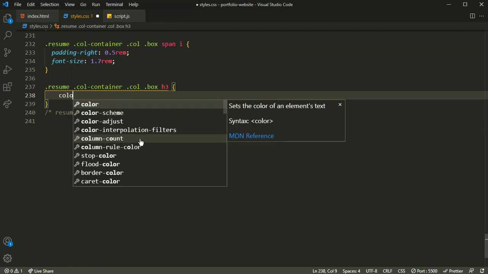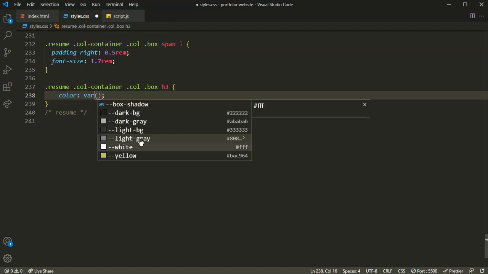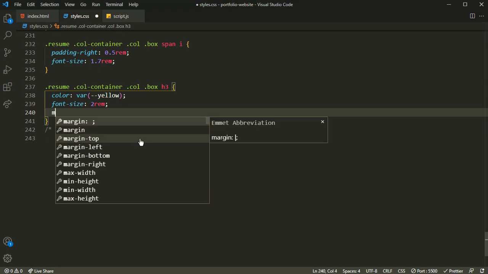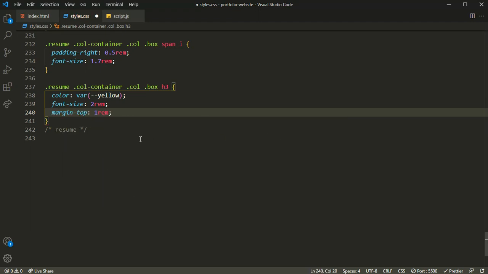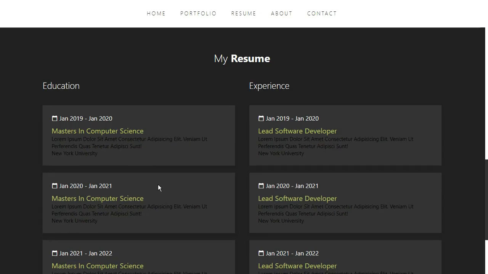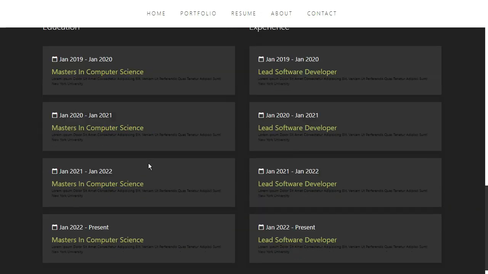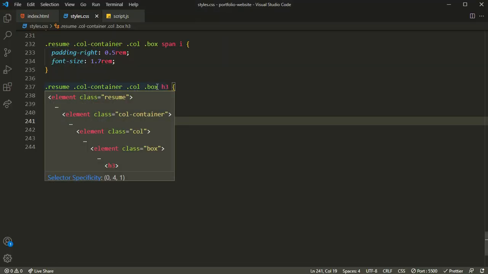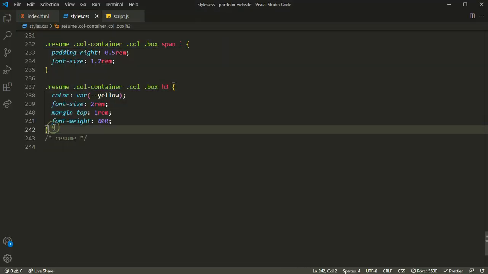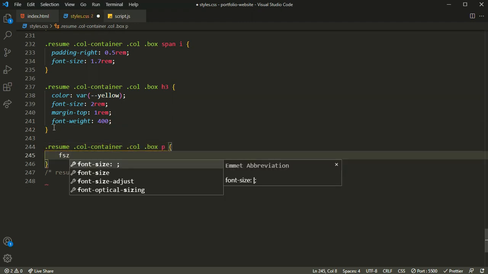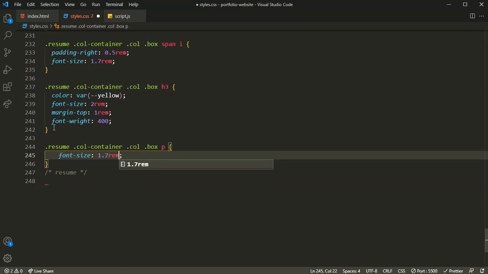For the s3 I will set the color to this variable yellow, font size 2 rem, margin to the top of 1 rem, font weight of 400. As you can see, there we have our s3 styled. Next thing which I'll be targeting is the paragraph which is inside the box. So let's do that. For the paragraph I will set the font size to 1.7 rem,